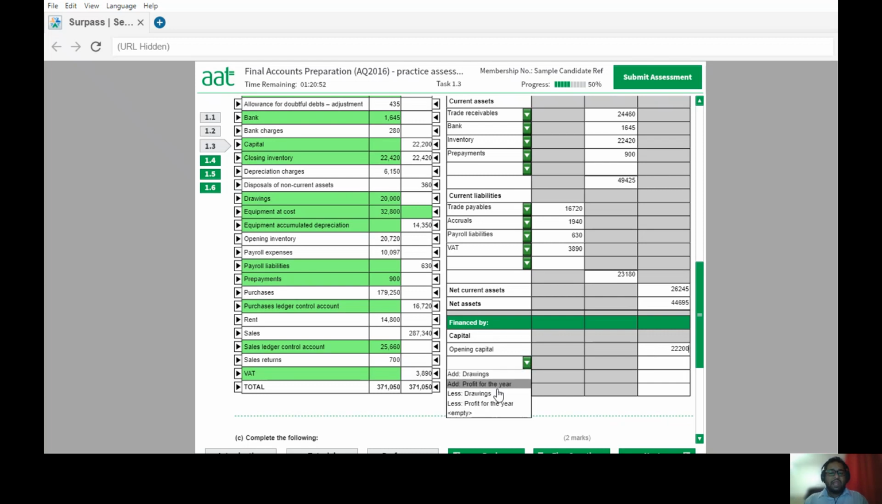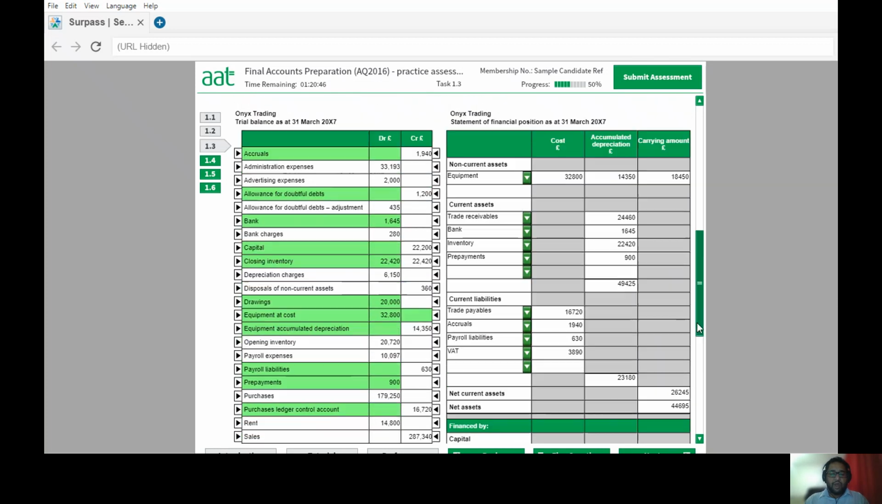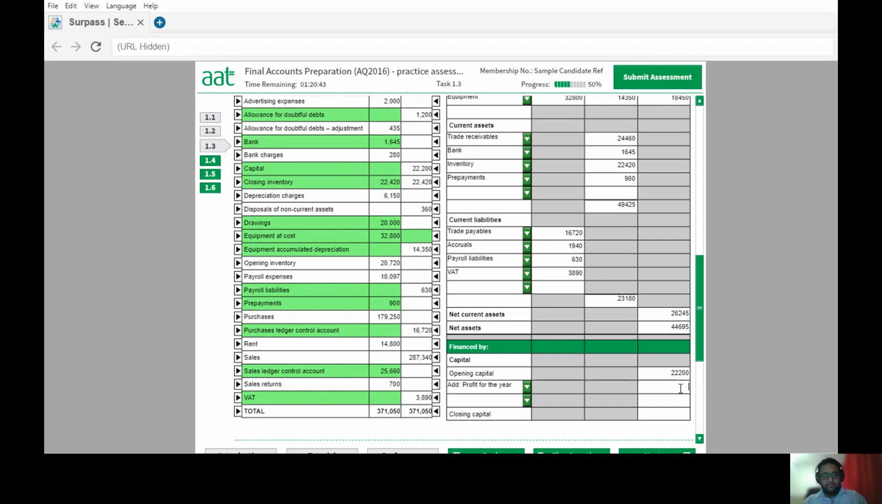We're going to add any profit for the year because they have said there's a profit there. The profit was 42,495. We got that figure, and take away any drawings. So the less the drawings amount is going to be here for the value of 20 grand. So altogether, if you add these two and take that away, I'm going to get